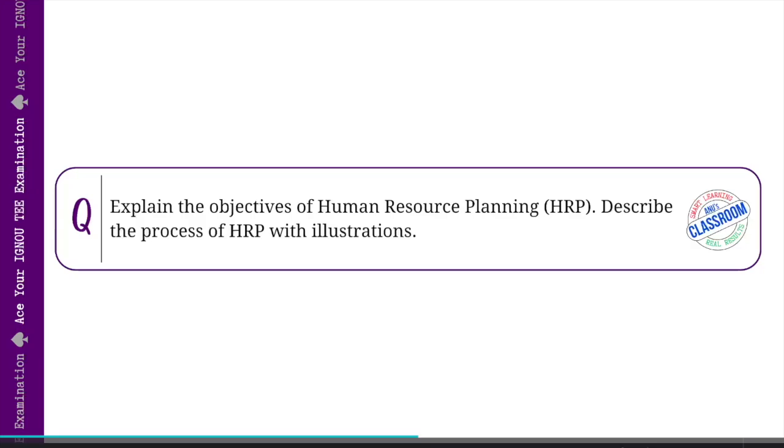Identify the gap. Fourth is identifying the manpower gap. Are you short on skilled engineers, or do you have too many admin staff? Understand the gap. And fifth, develop strategies and action plans to reduce that gap. Maybe you can launch targeted recruitment, or upskill your current employees, or outsource certain tasks. And even the last resort is to cut short. If it is too excess and you cannot find a way to make use of them, then there is no other way. You will have to let go.